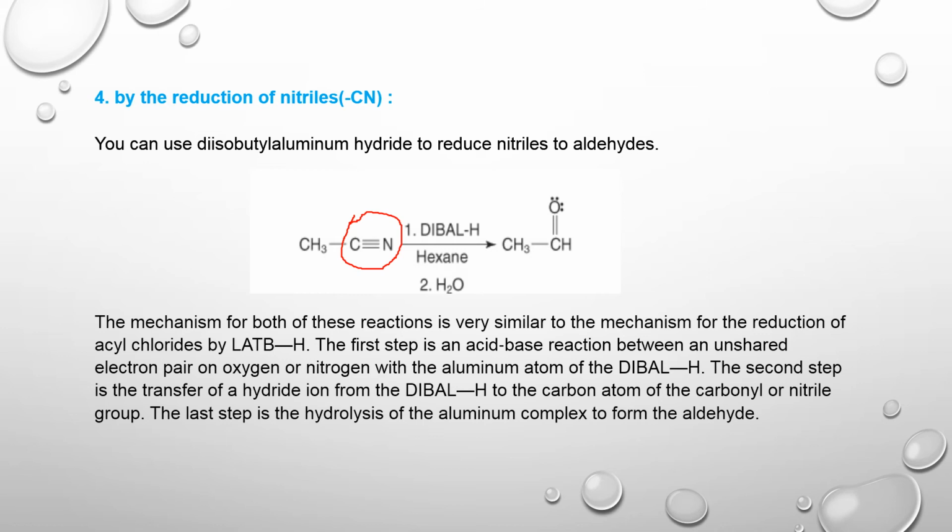In a similar fashion, the reduction of nitriles also takes place. The only difference is that in acyl chloride, oxygen undergoes reaction with this, but in the case of nitrile, the nitrogen of the nitrile group undergoes reaction with the reducing agent. Okay,